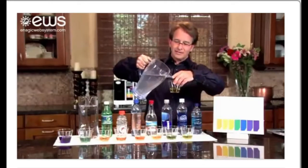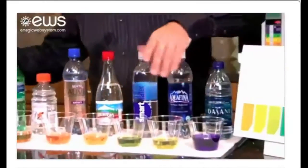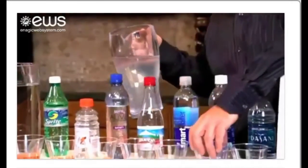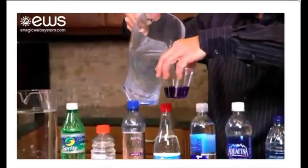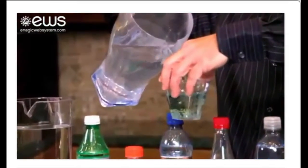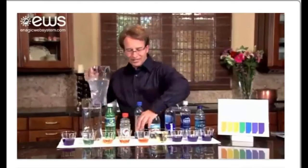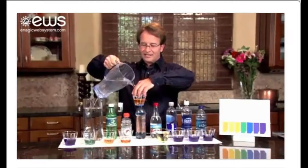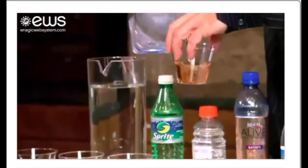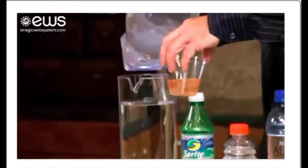Now watch what happens. What did we just do? Just with a little of the water, we neutralize that and raise the pH of the water. We'll go to the Aquafina. Notice. How about the Smart Water? Notice I'm just putting in a little bit, right? So imagine when you're drinking this on a regular basis. What happened to the Arrowhead water? Oh, it didn't even. It was struggling, and then it went right back to acidity. That's because it's very acidic. Notice the Alive Water. No change. How about the Gatorade? Also no change. How about the 7-Up? Oh,